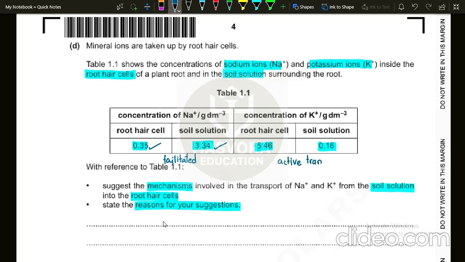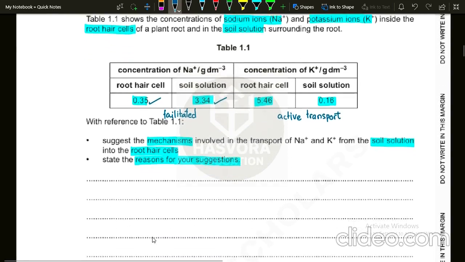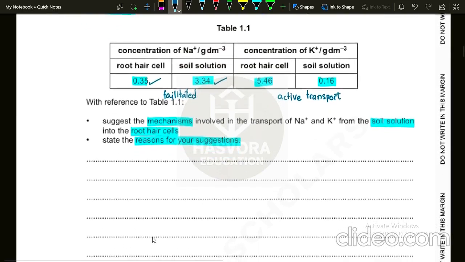And also when you are referring to table 1.1, make sure that you use these figures, because it will be like you are referring to this table. Okay, so